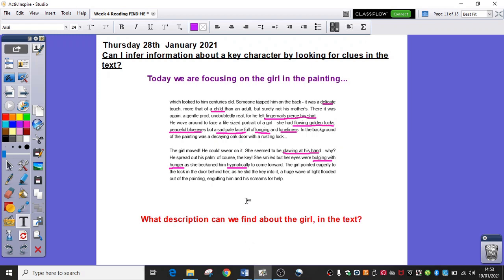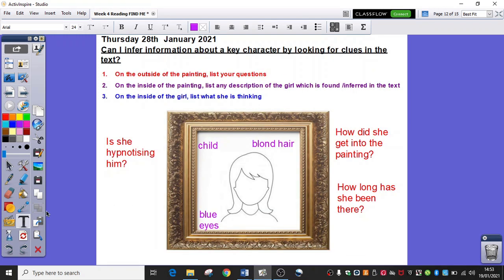So I may use my inference skills there to say, I want to possibly claw or escape out of this painting. Maybe she's trying to claw her way out, or if she's not doing that,